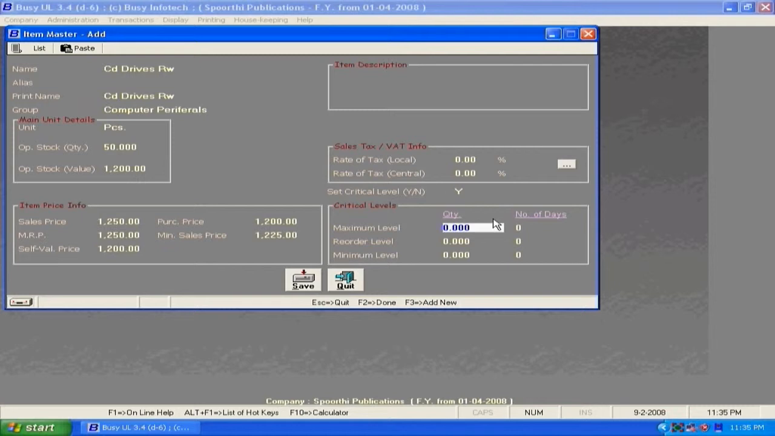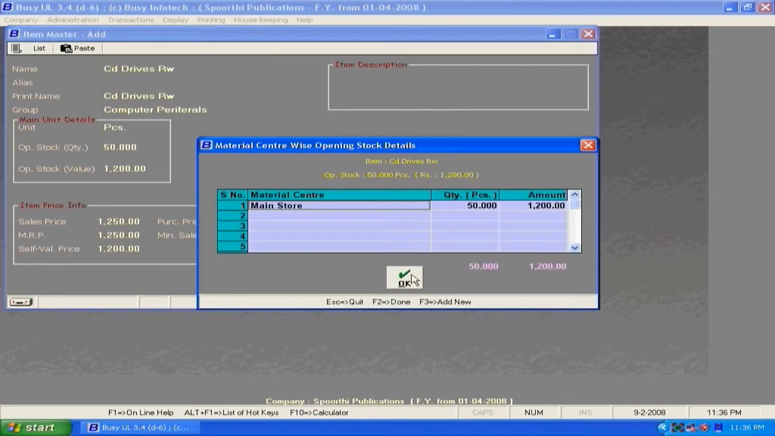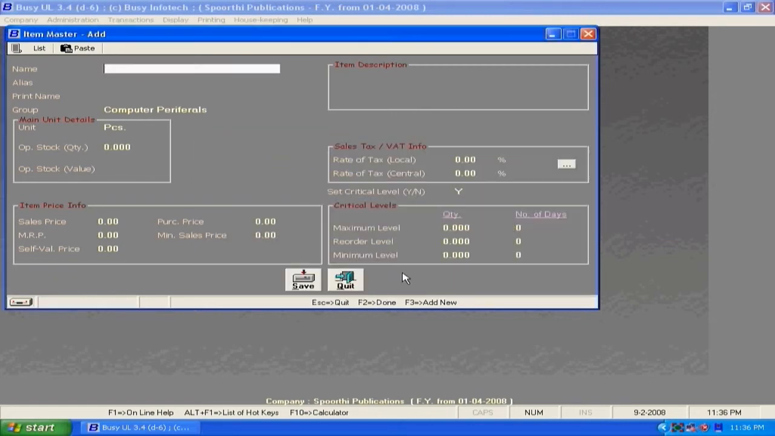On setting yes, you need to specify 3 different critical levels: maximum level, reorder level and minimum level. You will be specified with 2 options: quantity and number of days. Critical level will tell you stock details and the warning number of days which you need to reorder. Finally, save the changes. These are stored in the material center main